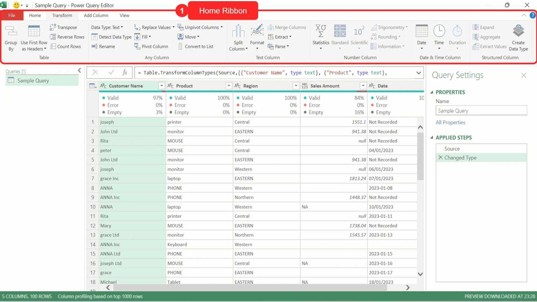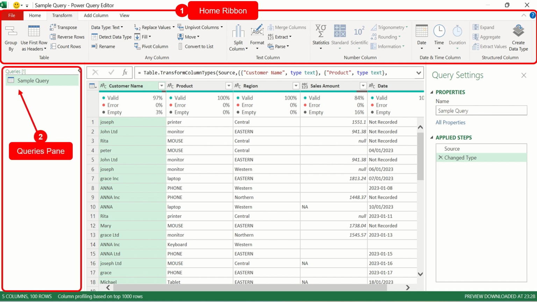Now, immediately after the Power Query editor's ribbon, on the left you have something we call the Queries pane. Now, this is the area that lists all your queries. Think of each query as a separate data source or a transformation pipeline. As your project grows, this pane helps you organize and manage multiple queries or datasets that you bring into Power